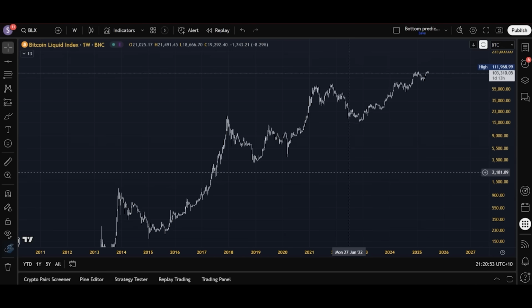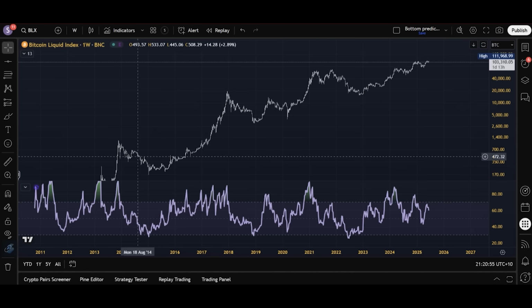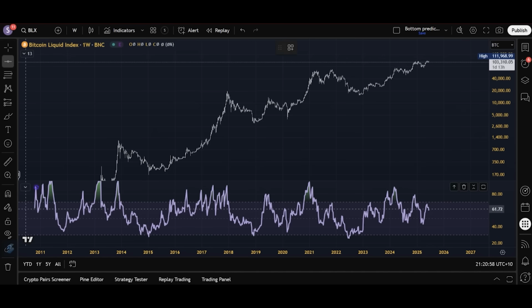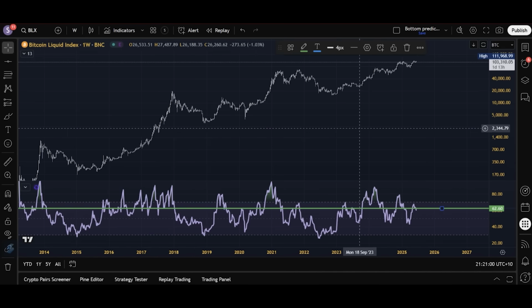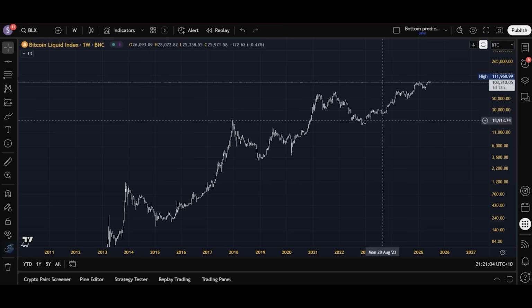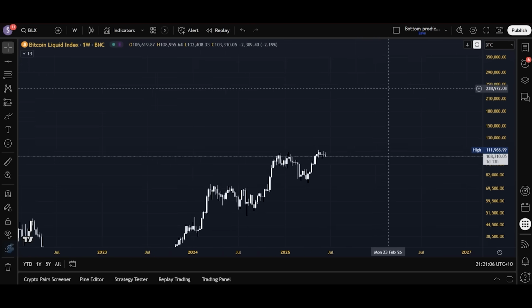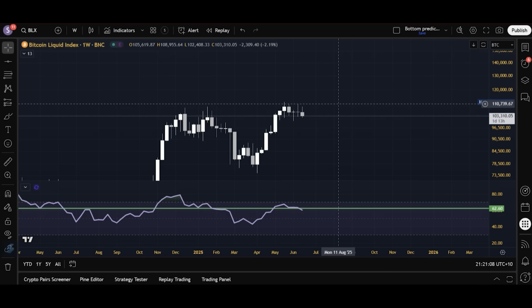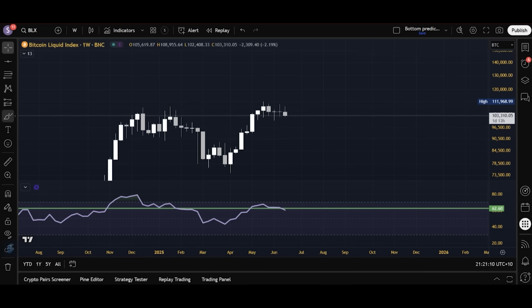Starting out with the one that is most pressing, which is the 62 level on the weekly chart RSI. The reason that's most pressing is because we're going to be seeing a weekly candle close in about 36 hours. Another reason it's pressing is because in the last 2 consecutive weekly candle closes, we have actually managed to hold on to that level pretty much precisely.